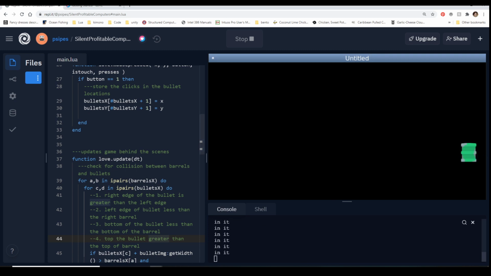So you can see it's only firing when we're inside, and as soon as we're outside of it, it doesn't fire. So if we clear and I fire up here, you're going to see it doesn't do anything. And even if just the top of it scrapes it, it doesn't count. It has to be completely inside the barrel.